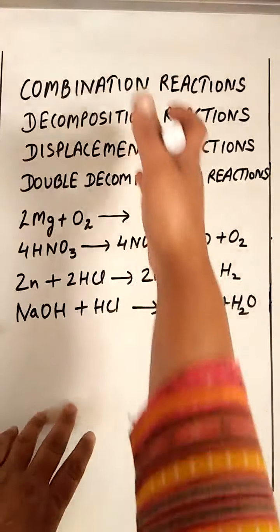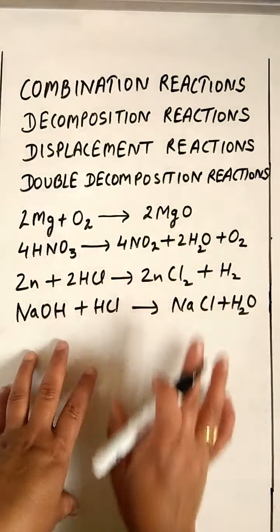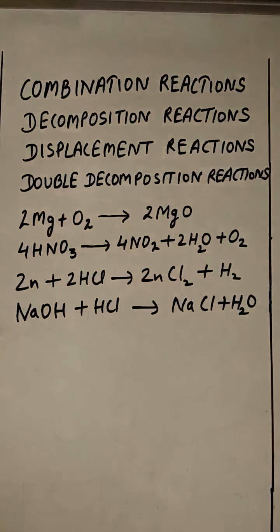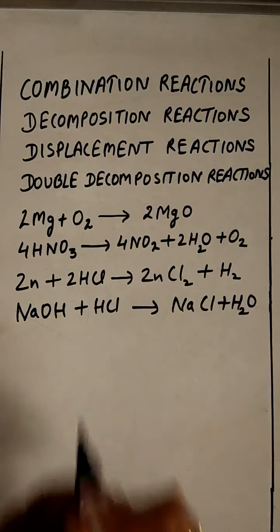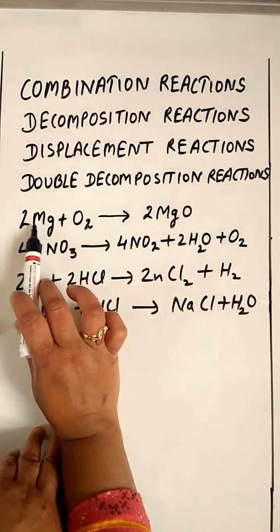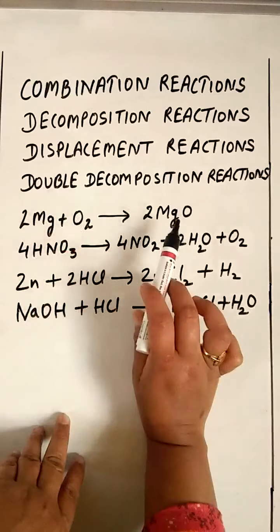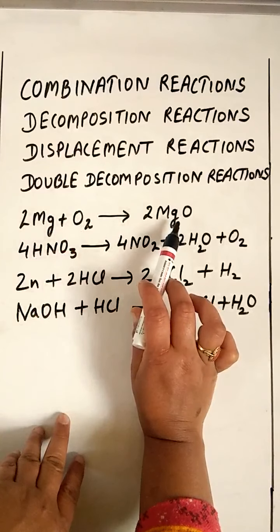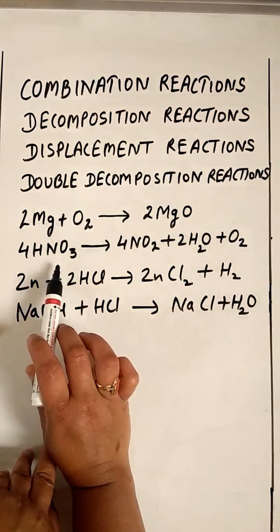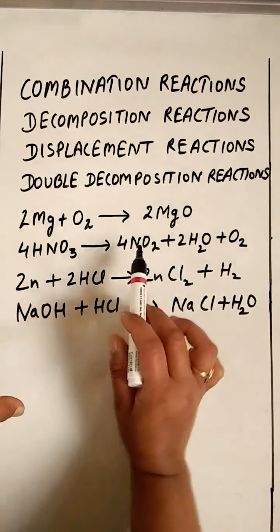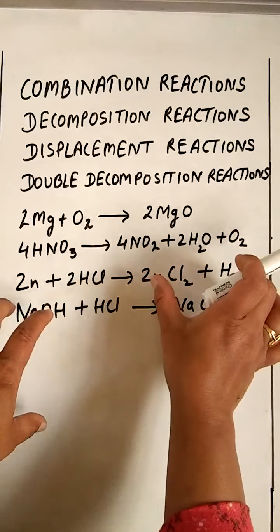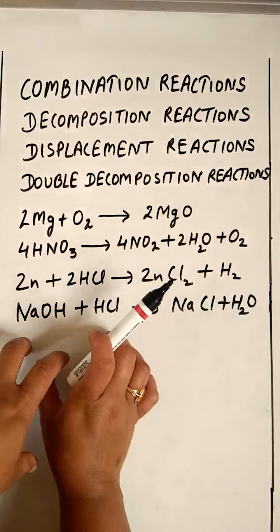To explain these four kinds of reactions, let me take help of a few examples. Now let us study these examples one by one in order to understand the above mentioned reactions. Now let me take the first reaction. In the first reaction, we can see that we are having two reactants, magnesium and oxygen, and we are getting a single product. Clear? Two reactants are there and we are getting a single product. Second kind of reaction which is written here, we are having one reactant and three products. In the third kind of reactions, two reactants, two products. And the fourth also has two reactants, two products.